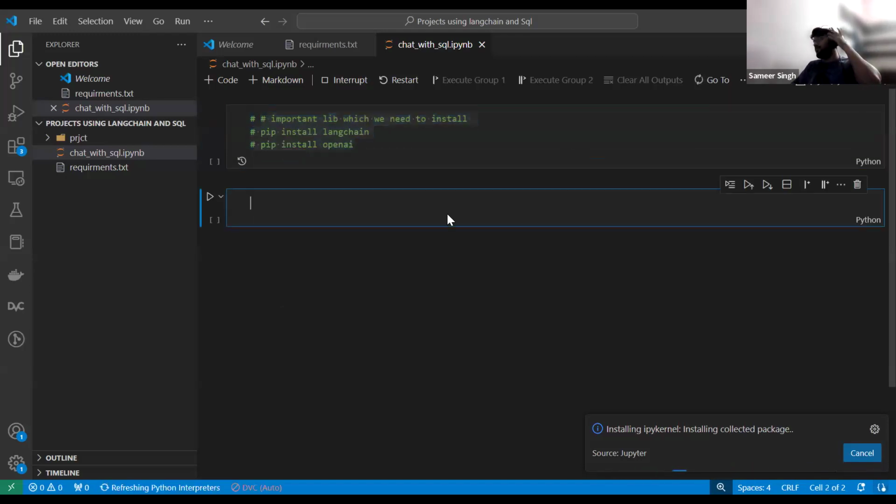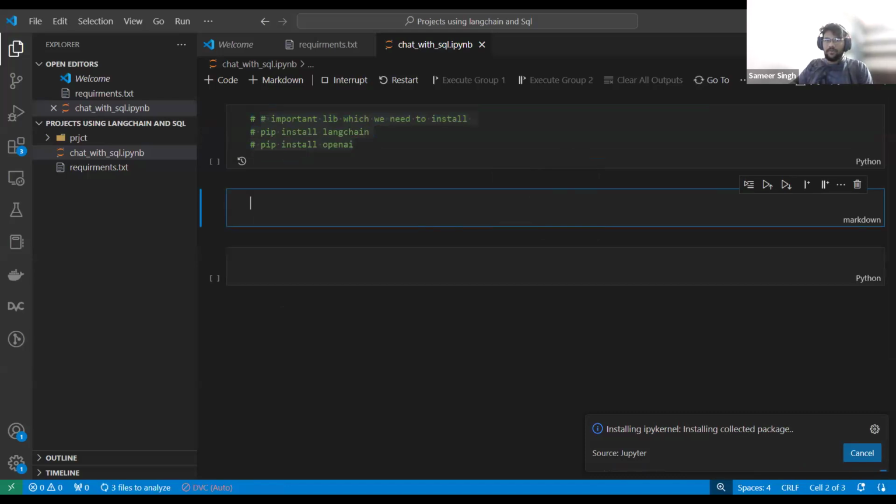Great. So these are the libraries which are required. And now what we are going to do, like always, if you remember, we were setting up our OpenAI API key in the OS environment, right?